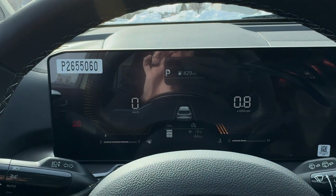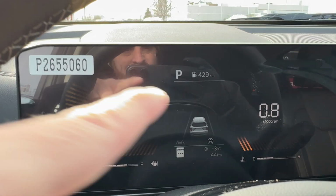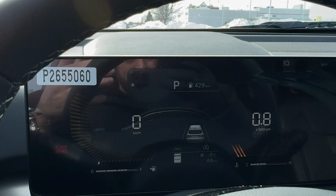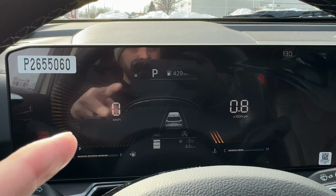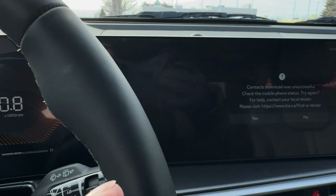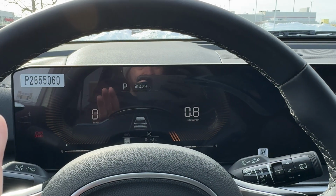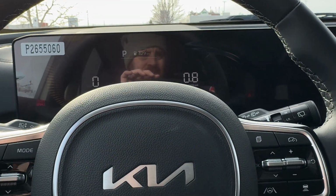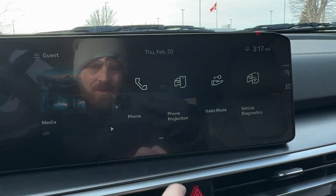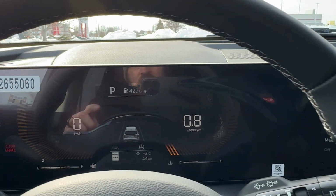Now you'll notice here that we have a really nice, and it's kind of hard to see, I apologize, we always keep the plastic on here. A lot of customers get satisfaction of pulling that off when it's brand new. But we've got a full 12.5-inch display, continuous all the way over to here as well. So it's really cool how you have this nice continuous screen right across here. I'm just gonna get rid of this warning here. There we go. Now you can kind of see what I'm talking about, this full display, but you've got digital